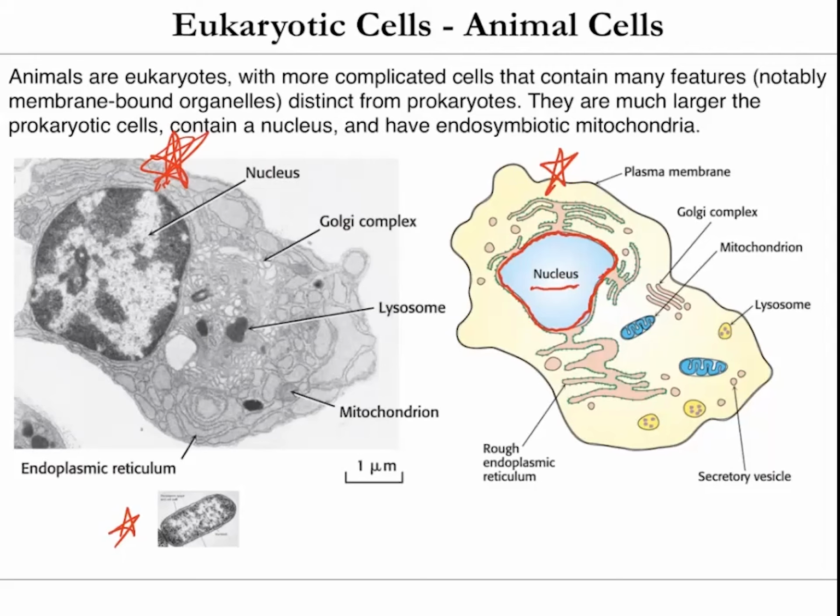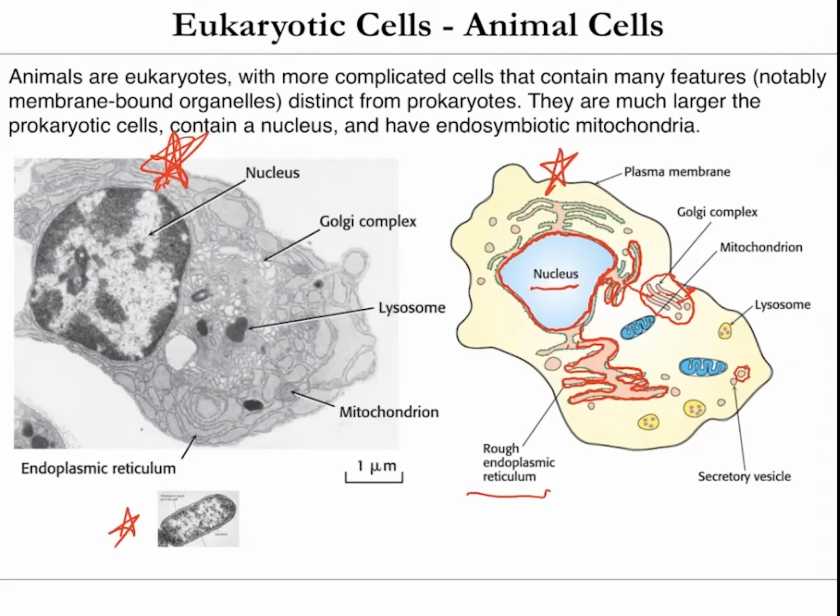And that nucleus has a double membrane around it, and that membrane is actually continuous with another organelle called the endoplasmic reticulum. That's shown right here. The endoplasmic reticulum is the site of lipid synthesis and also protein synthesis and protein folding. Eukaryotic cells also have a Golgi complex, which is involved in transporting lipids and proteins from the endoplasmic reticulum outside to other parts of the cell.